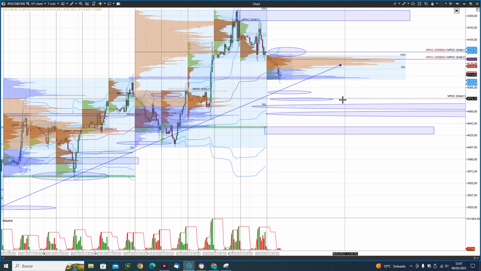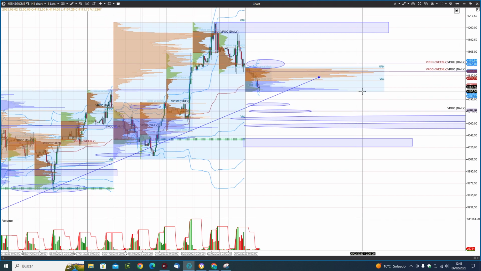And what would be the targets? First one, this old daily VPOC at 4,089. Next one, this high volume node and naked daily VPOC 4,078, and the most important for me, this high volume node at